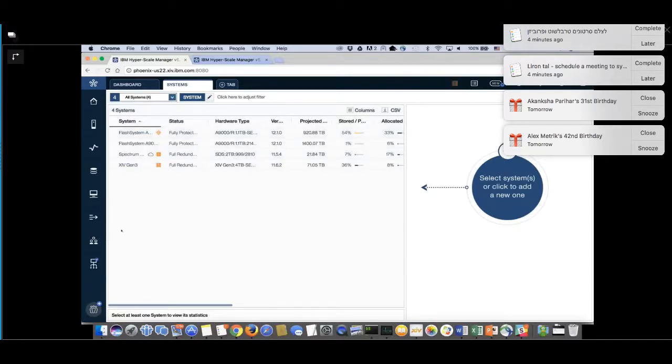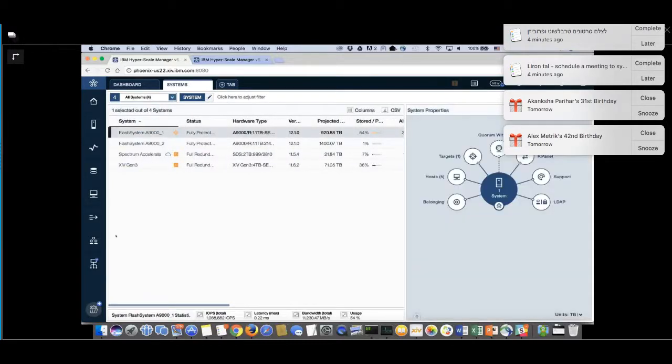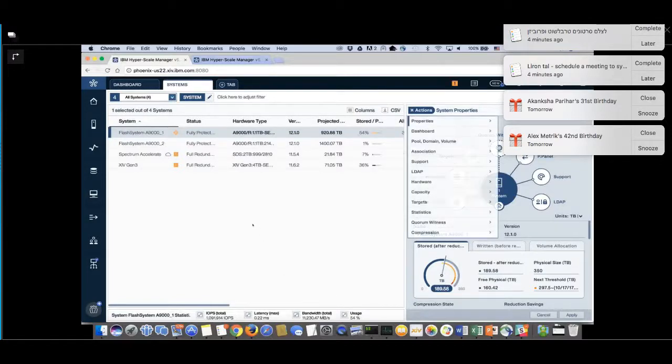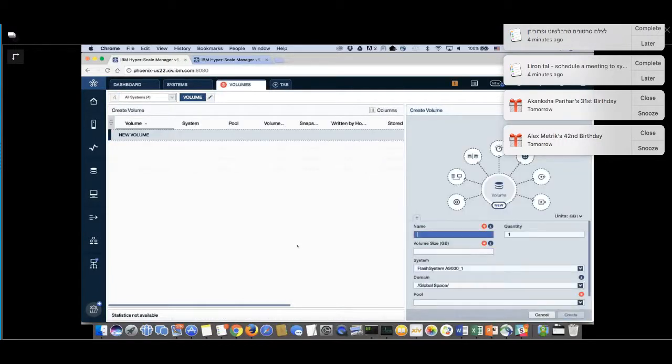I'm going to Systems to see all my systems in my environment. One system is on the cloud, as we said, and the rest are on premises. Let's take A9000, the first FlashSystem here. Clicking on the FlashSystem, what happens? You remember? Performance at the bottom, hub on the right, information at the bottom, here. Everything in front of me. I want to create a volume here. I'm going to Actions,